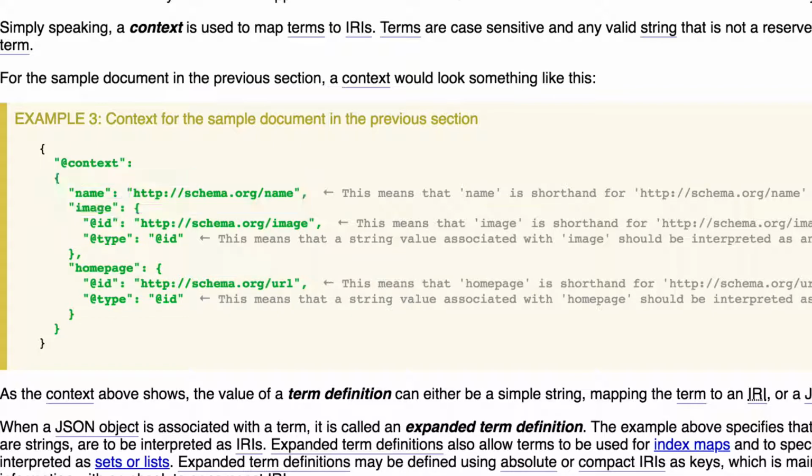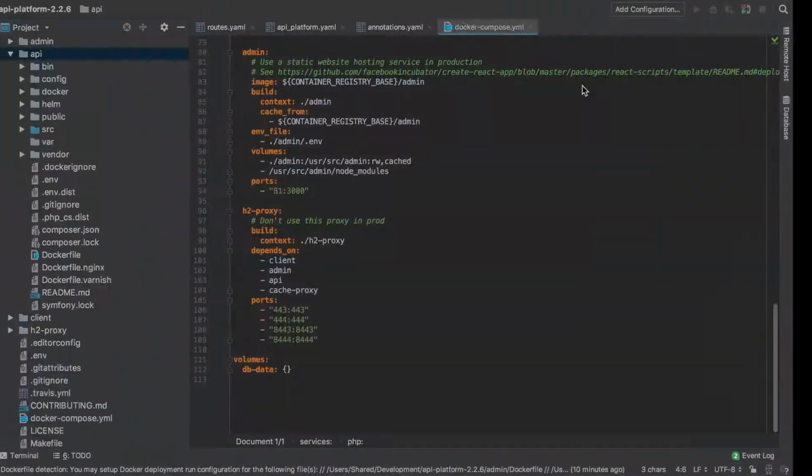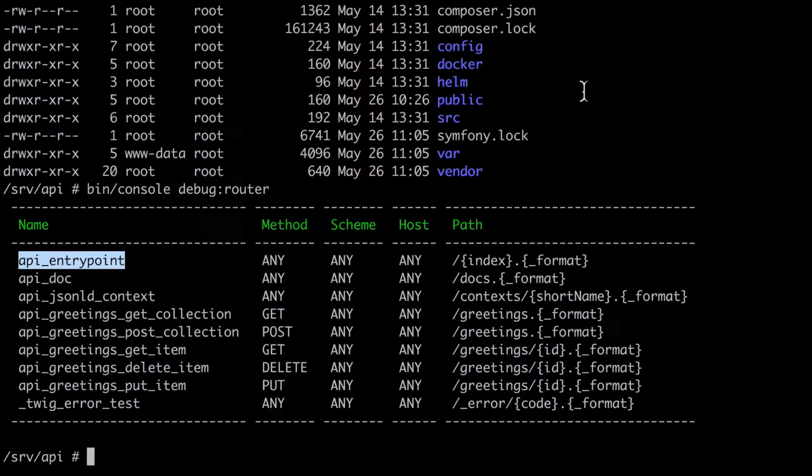You can think of the short name as a key, so in our case greeting or album will be our key, and then the value will tell the consumer of our API where to go to find more information. So if we're talking about greetings, then to find out more about what a greeting is, like what the fields are and things like that represent a greeting, you would go to /context/greeting. Now optionally you can also supply a format, but to the best of my knowledge this only supports JSON-LD,